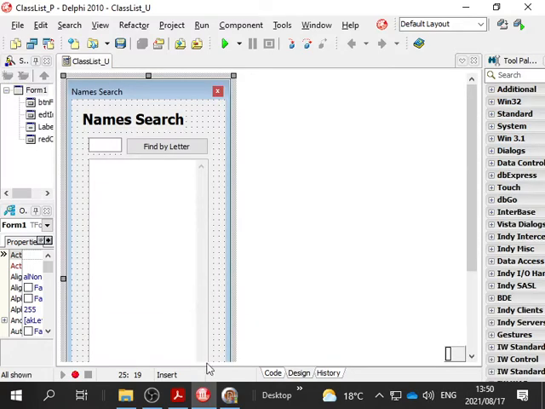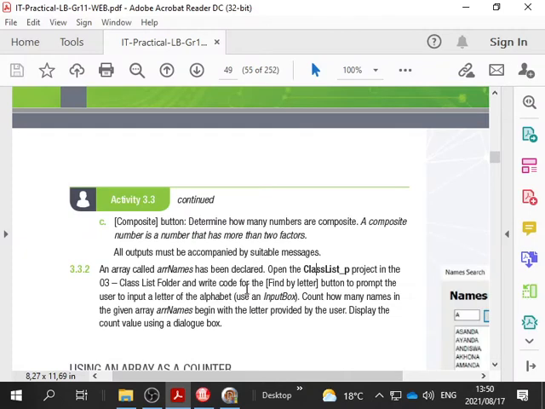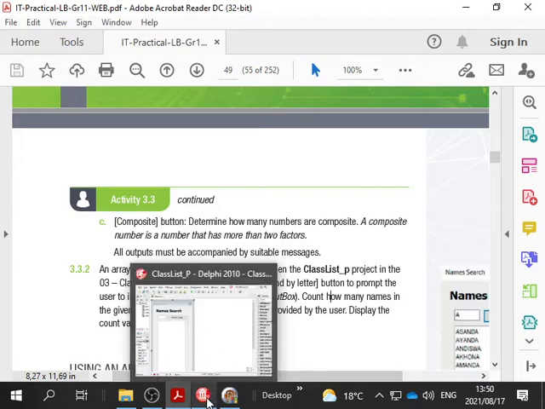Okay, so in this activity, we're going to write code for the find by letter button to prompt the user to input a letter of the alphabet using an input box, and then count how many names in the given array begin with the letter provided. Display the count value. So the user's going,